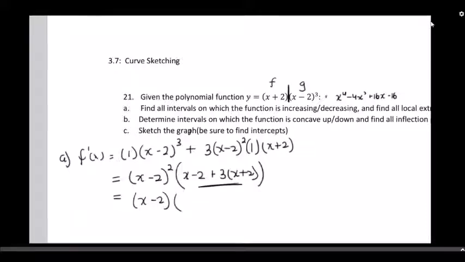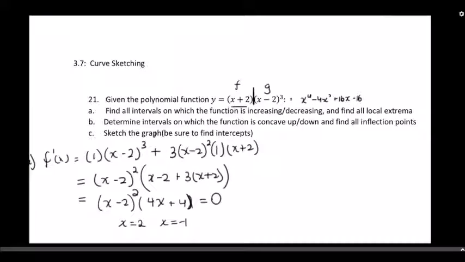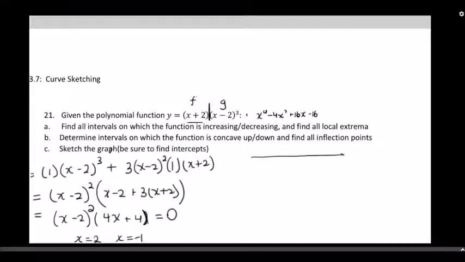Simplifying this expression inside is going to be 4x. That's going to be 6 minus 4x plus 4. Looks like I forgot the squared right there. Don't want to do that. Now set this equal to 0, and we would get critical numbers at x equals 2 and x equals negative 1. Then when we put those on a number line for our first derivative test,